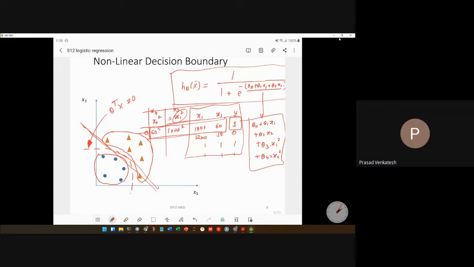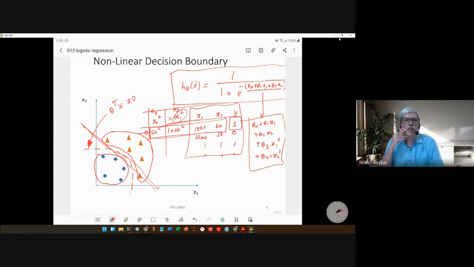So if 0.5 comes, it's like some problem is coming, right? Whether to choose this one or that one. No. The theta 0, theta 1 are not decided so as to make theta transpose x equal to 0. That is not the way the thetas are determined. The thetas are determined in order to minimize the cost function, just like regression or any machine learning problem. You will always have a hypothesis function and a cost function, and the model parameters will be determined by minimizing the cost function. So that is our next discussion topic, how to determine the best values of the theta vector.